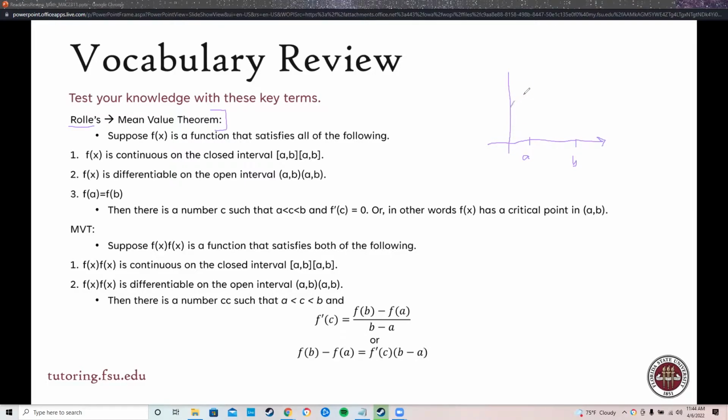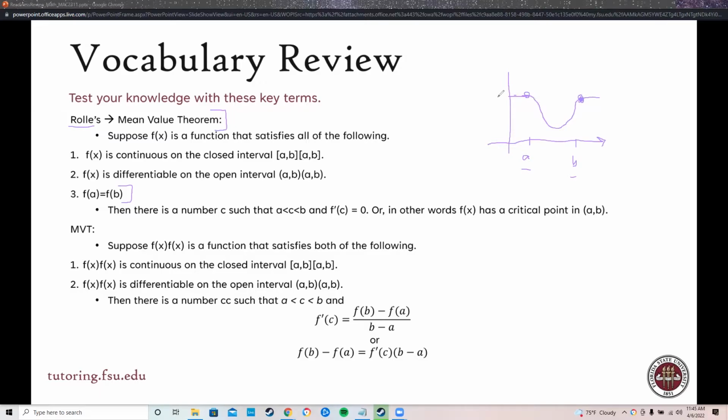So some graph that's smooth and connecting, and differentiable on the open interval (a, b), and at their endpoints f(a) equals f(b). That basically just means that at their endpoints, they have the same y value,